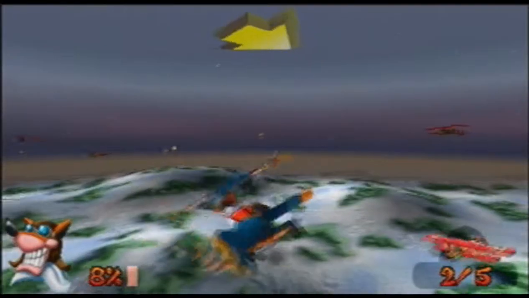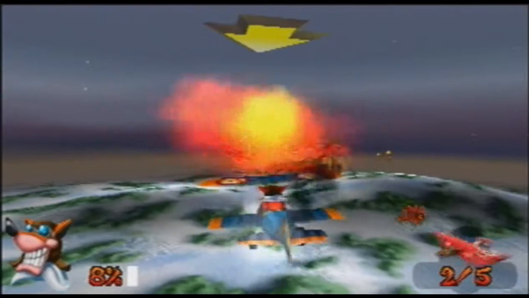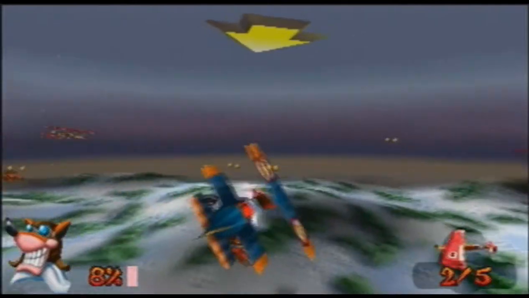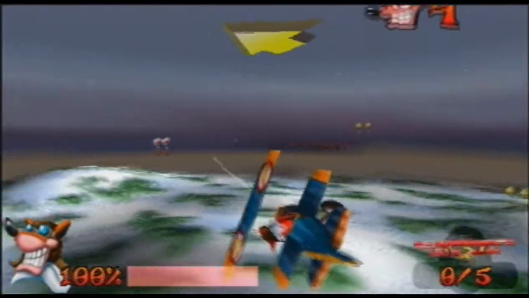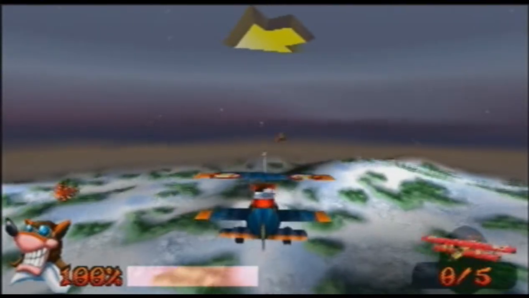I'm doing these spins in a desperate attempt to avoid fire that I might not see coming. But yeah, if I could just get a health thing, I think I'd be okay. I could keep going, but I don't see any of them. And I think the next hit or two is gonna take me down. Yeah, there we go. So yeah, rather predictably, this is a lot harder than the Coco dogfight was,